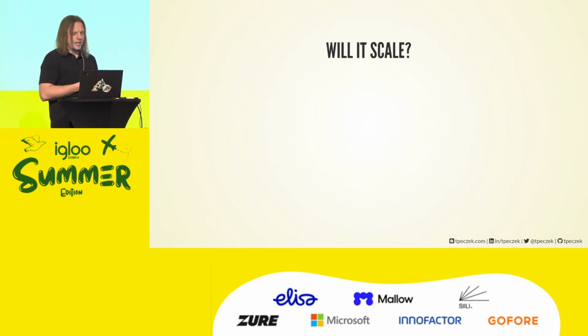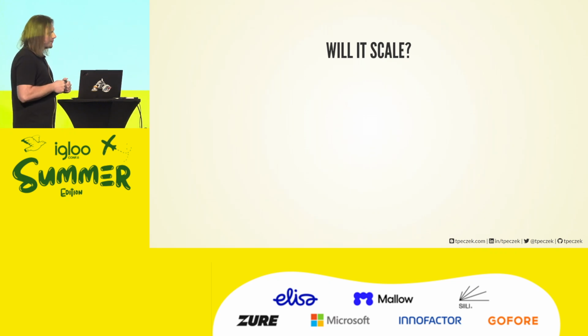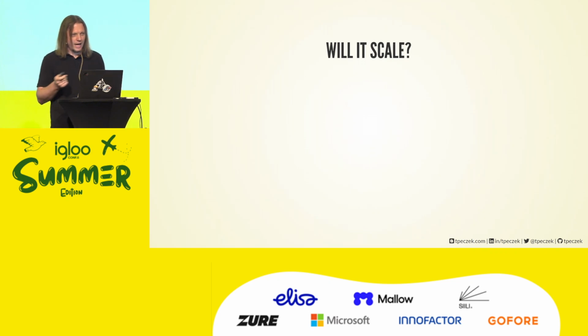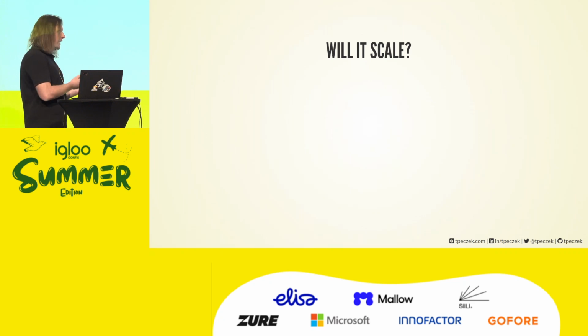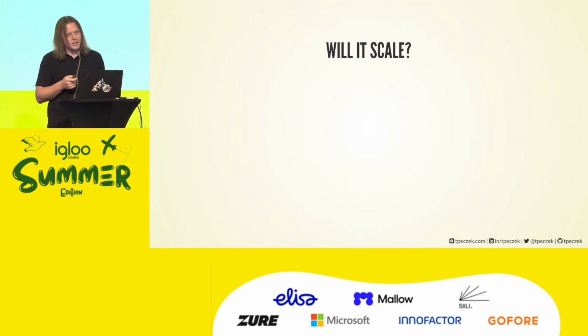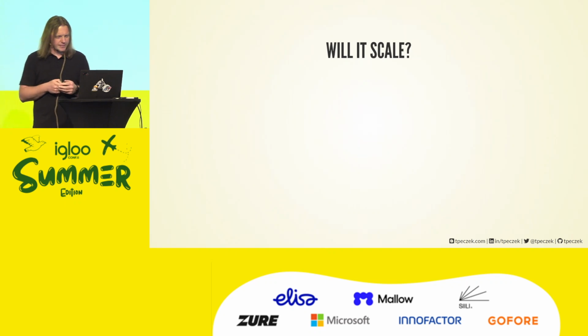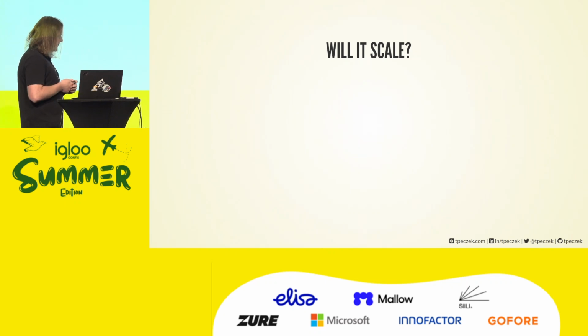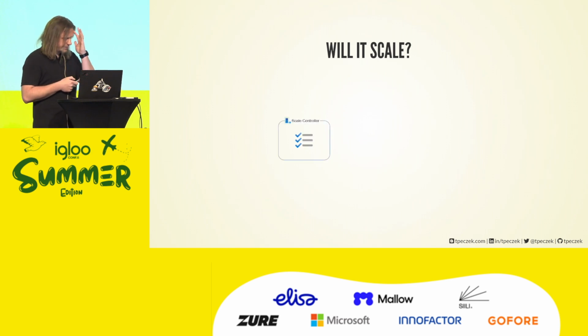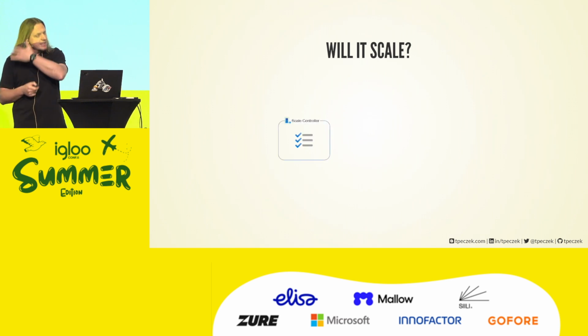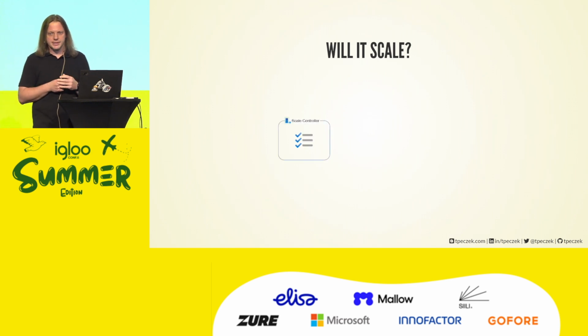OK. So we go to production, and it doesn't scale. Or it scales in a way that we are not expecting it to scale. Why? Because we trusted the magic, right? And that's the consequence. It would be better to actually understand what is happening. Can we understand what is happening? Well, how are Azure Functions scaling? Azure Functions have a component. It's called Scale Controller. It's not part of any of your function apps.